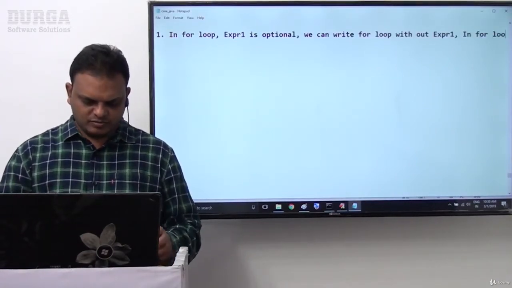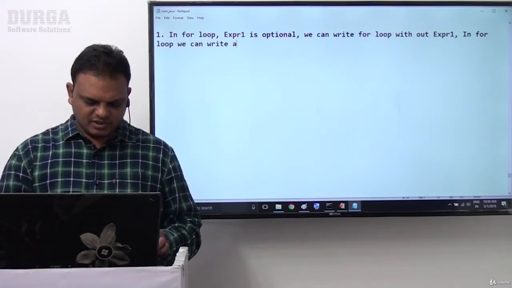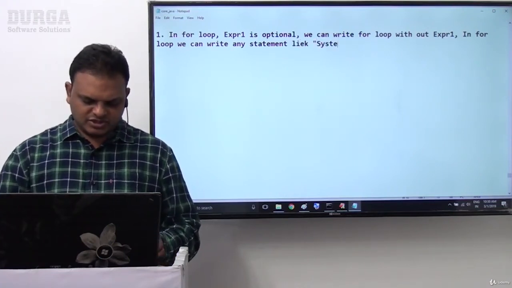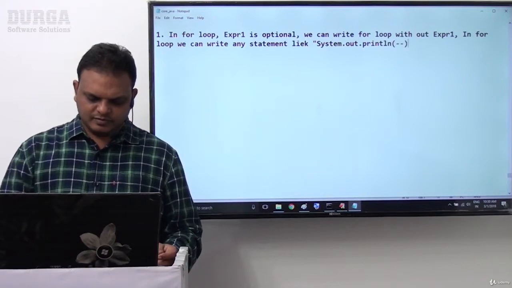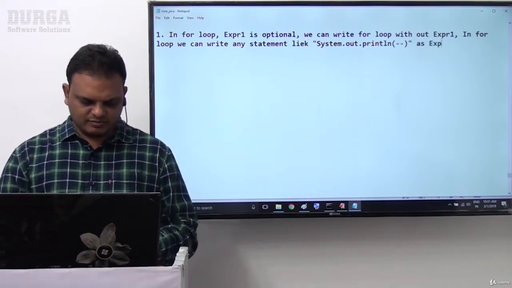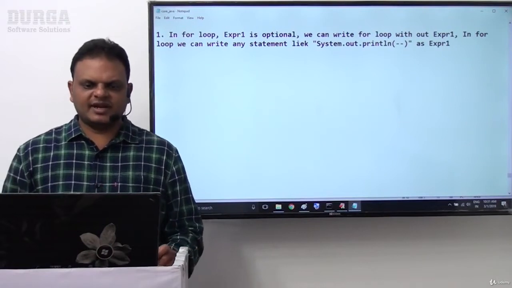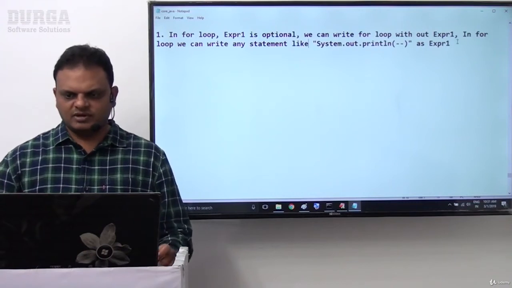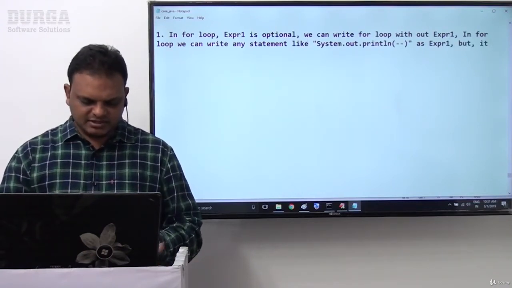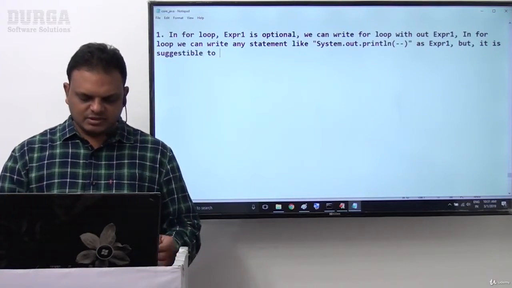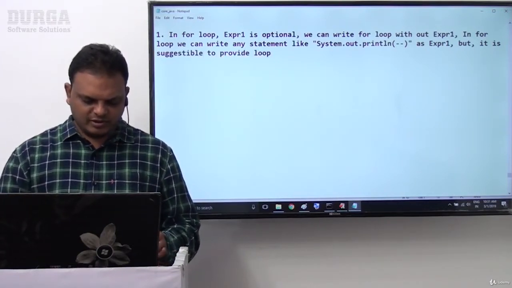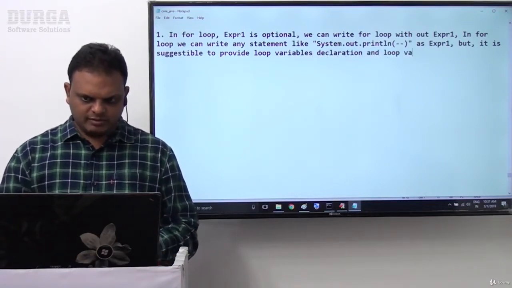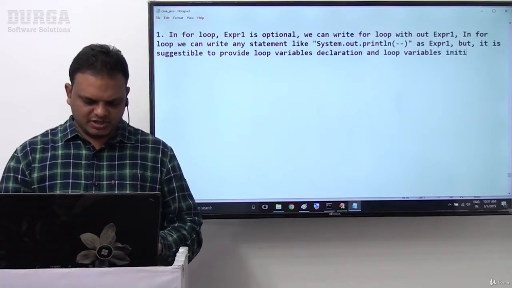In for loop, we can write any statement like system.out.println as expression 1, but it is suggestible to provide loop variable declaration and loop variable initialization.